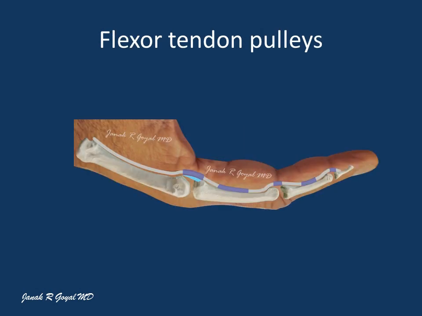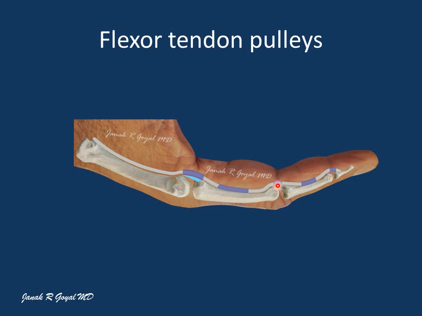Another important structure of the finger is the pulleys of the flexor tendons. The nomenclature of the pulleys of the flexor tendons is based on the standard nomenclature adopted by the American Society for Surgery of the Hand. The A1 pulley is located anterior to the fibrocartilaginous plate of the MCP joint and may extend over the proximal phalanx. The A2 pulley is the strongest pulley, which lies over the middle third of the proximal phalanx, and the